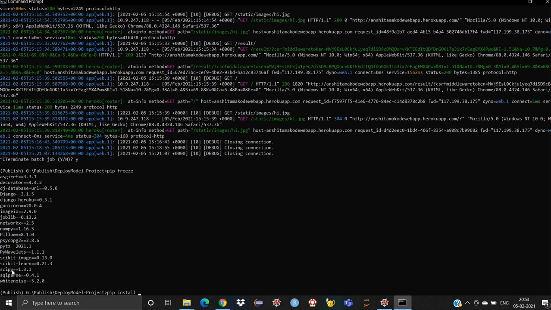Suppose I don't have SciPy: the same version should be used, and you just enter it so that it installs inside your deploy model project. So make sure all these things will give you errors if you don't handle them properly. These are all things for newbies.